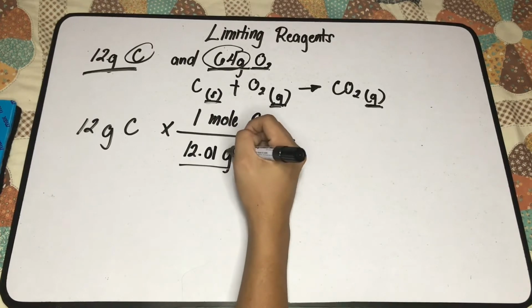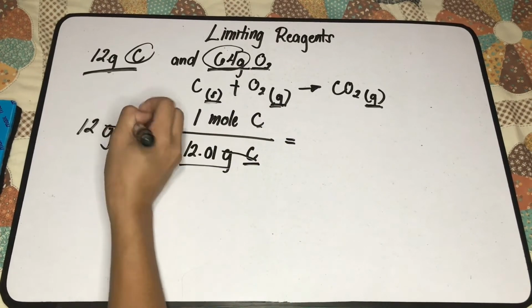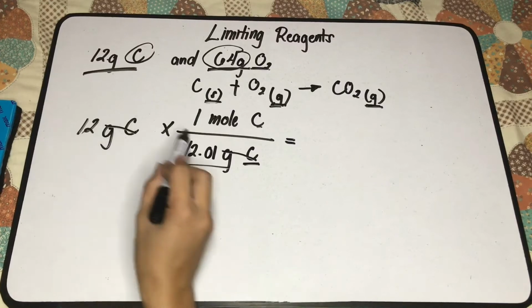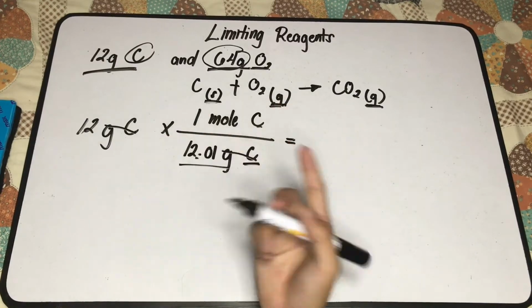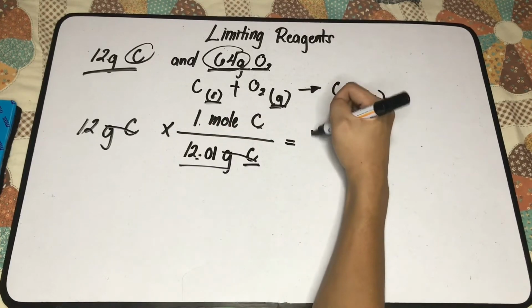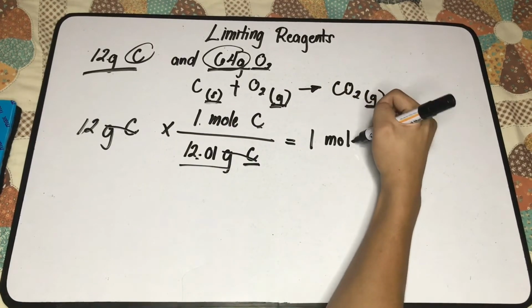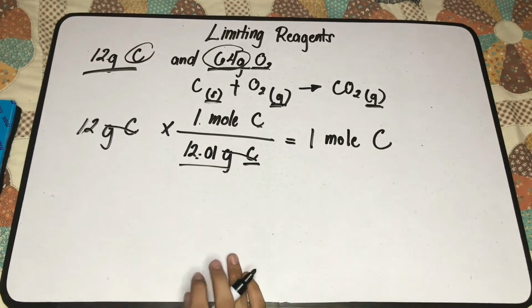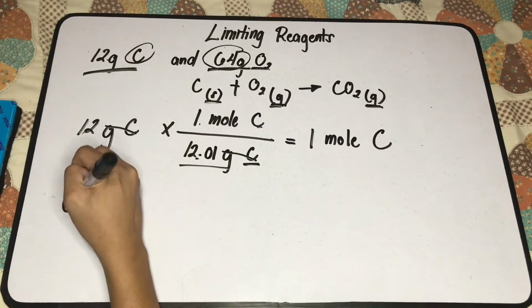So, meaning, sa kada mole ng carbon, meron tayong 12.01 grams ng carbon. So, we're just going to cancel this grams of carbon. So, we have 12 divided by 12.01 is also 1. So, equivalent to 1 lang din. So, 1 times 1, we have 1 mole of carbon. While for 64 grams of O2,